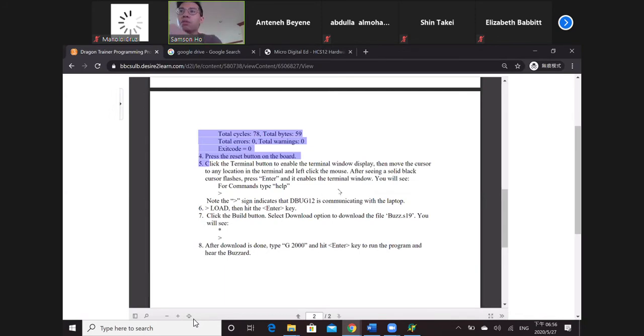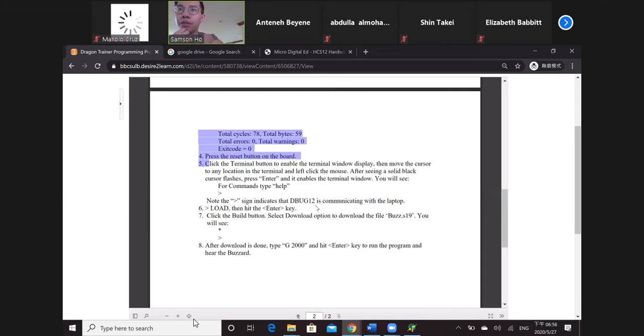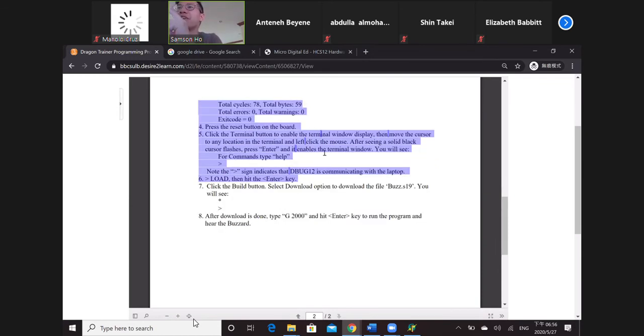So what you want to do here is make sure that you're able to input anything over here first, and then input LOAD. Once you hit enter, there should be no error message popping up. That's our step 5 and step 6. Two more steps, so we're close to the end. Once you hit enter after you enter the load,